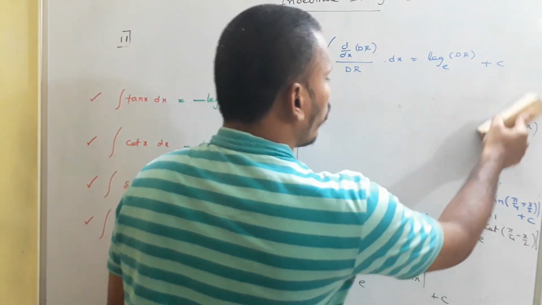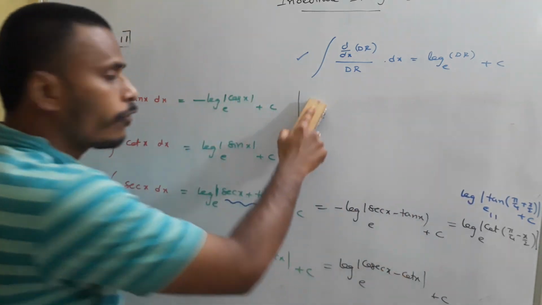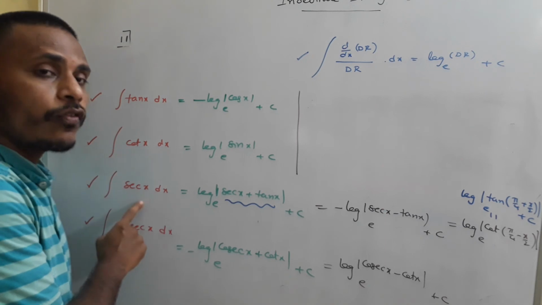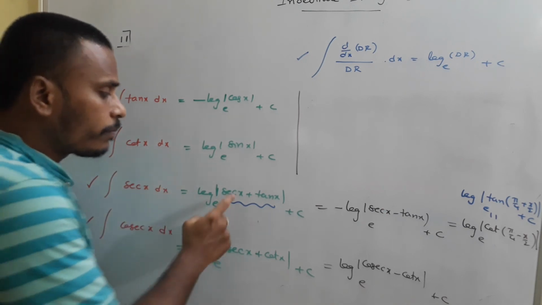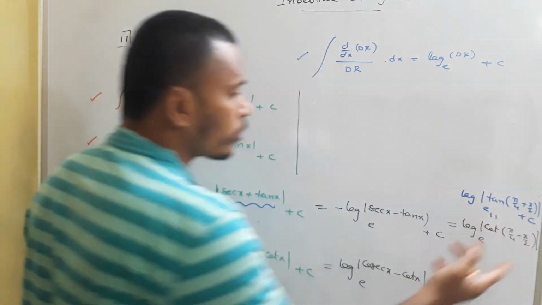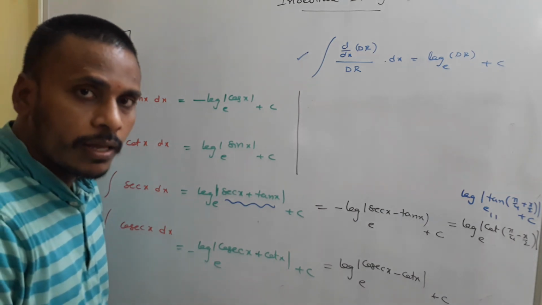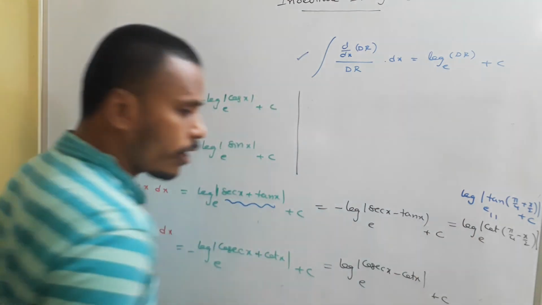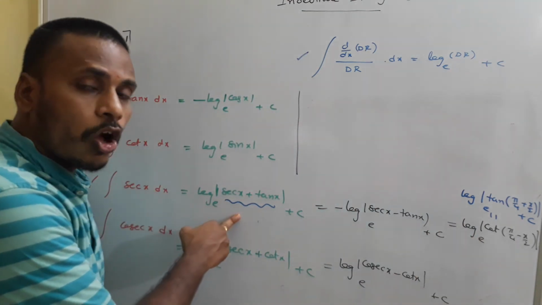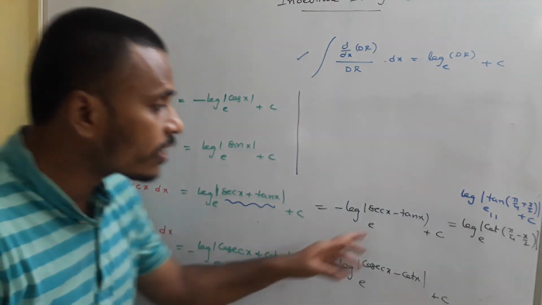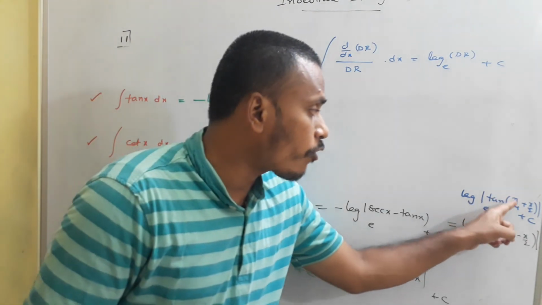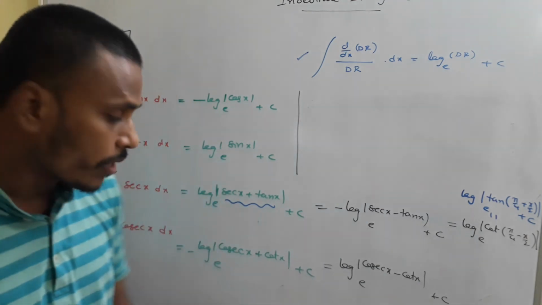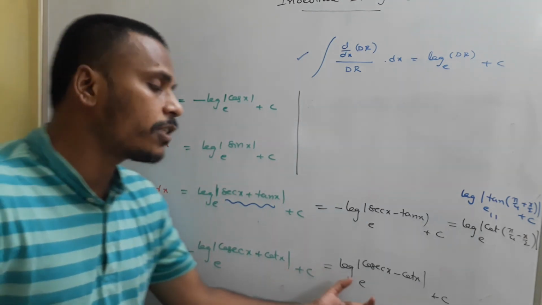At the end, what I am going to conclude is, if integral of secant x dx is involved, then any one of these four is our option. According to the problem, as per the requirement, we need to choose one among these four. So integral of secant x is log secant x plus tan x, or log secant x minus tan x, or log tan of pi by 4 plus x by 2, or log cot of pi by 4 minus x by 2. In the same way, there is a chance to simplify this one also.